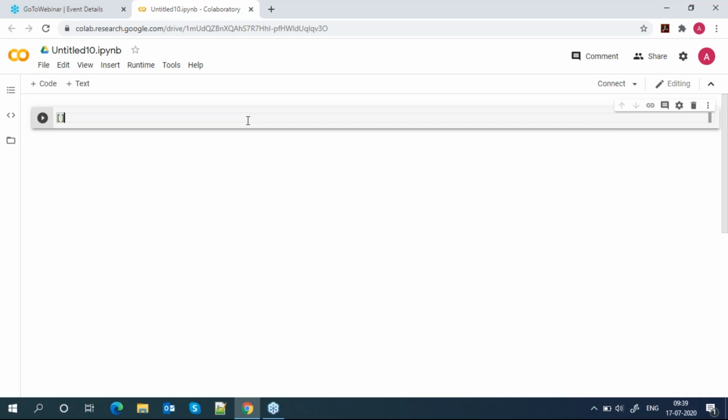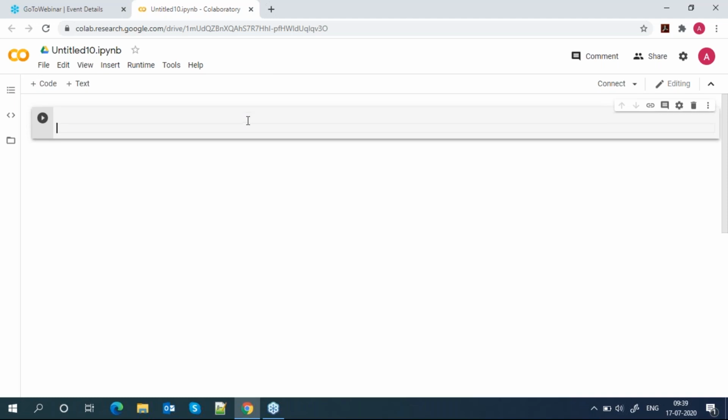Whenever you require some kind of CRUD operation, let me give you a project example. Suppose you are working on a web development project, and for web development we use the MVC model.